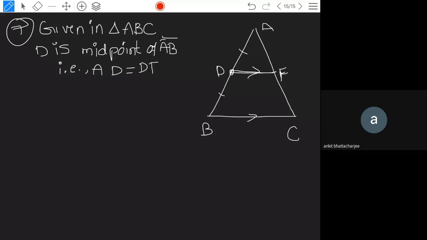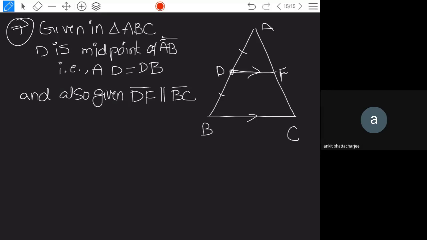Midpoint is nothing but that one only. And also given, what is given? DF is parallel to BC, isn't it? If a line is drawn from the midpoint of a side of the triangle parallel to another side, then the question is asking you to